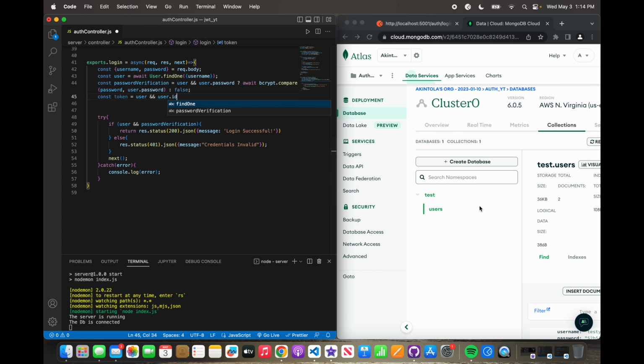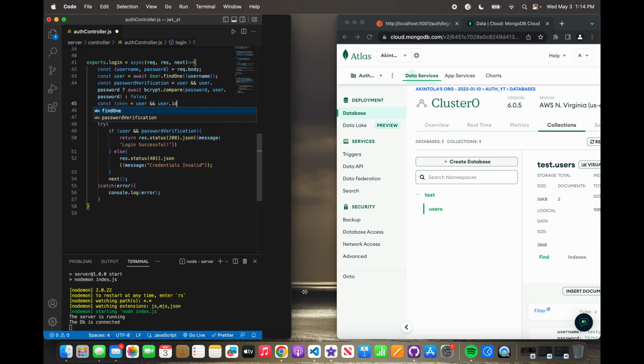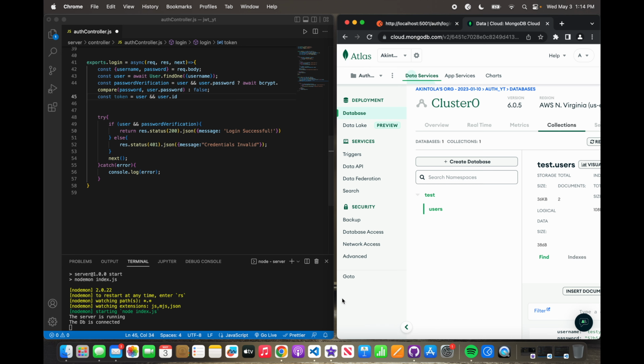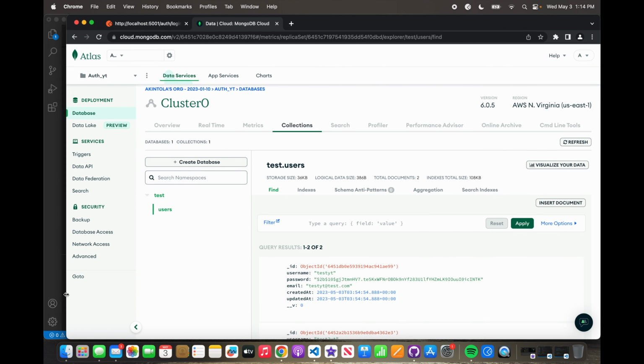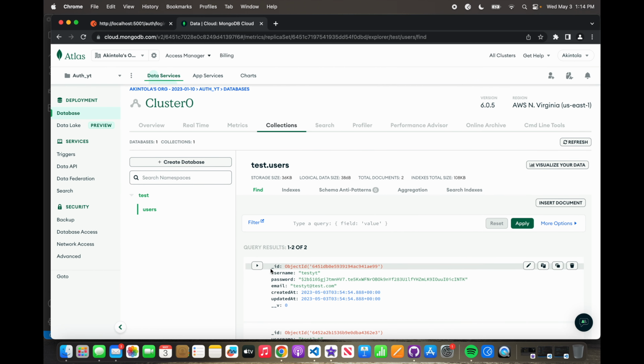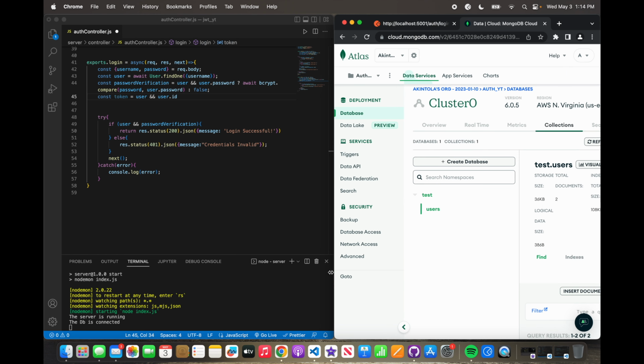Let's see. Okay, it's going to be user dot underscore ID, because this is what's in there. So if there's a user and there's a user dot underscore ID, we want